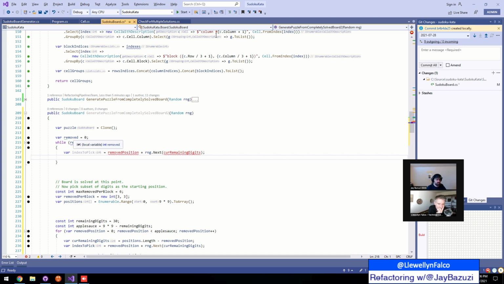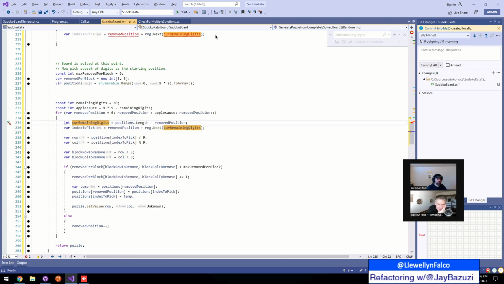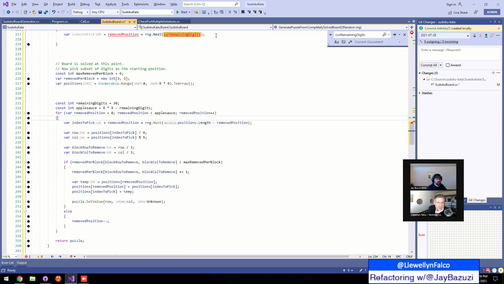Current remaining digits. This is a count, right? What is current remaining digits? That's a count, yeah. But if you were to unvar that, this is an int. And that gives us the index to pick. It's weird, it's the only place that it's used. Do you want to inline it? I mean, sure, but